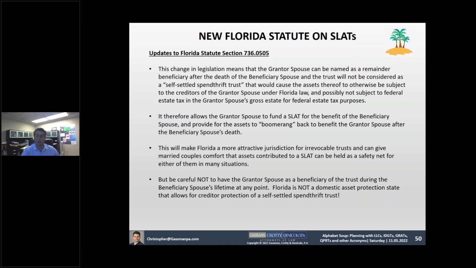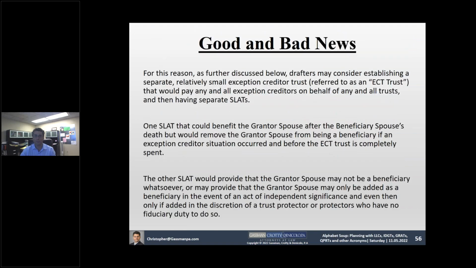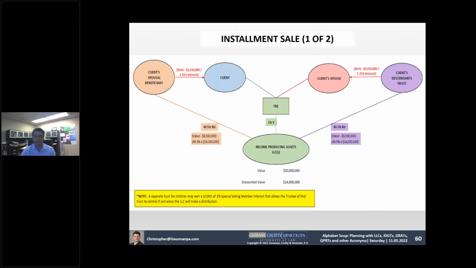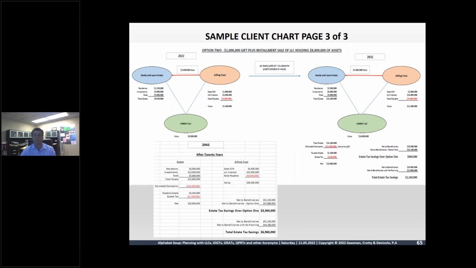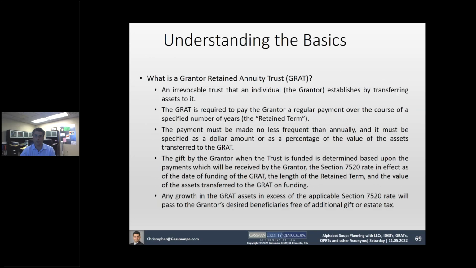A safer alternative would be to go to a place like Nevada, Alaska, South Dakota, Delaware that has a domestic asset protection trust statute that would say instead, I could be a beneficiary of that trust that I set up for Sophia, and my creditors can't reach into that trust under the applicable state law. Even that's not 100% bulletproof, but it certainly allows for the ability to have assets held for the benefit of